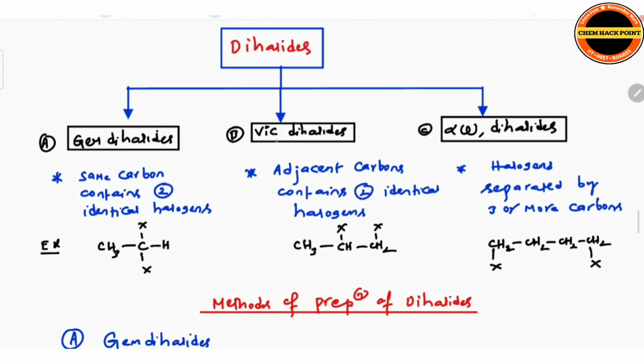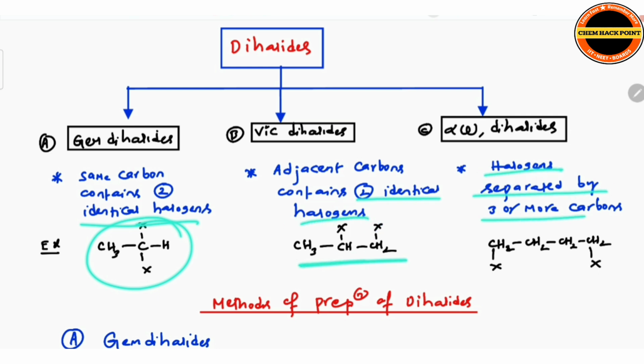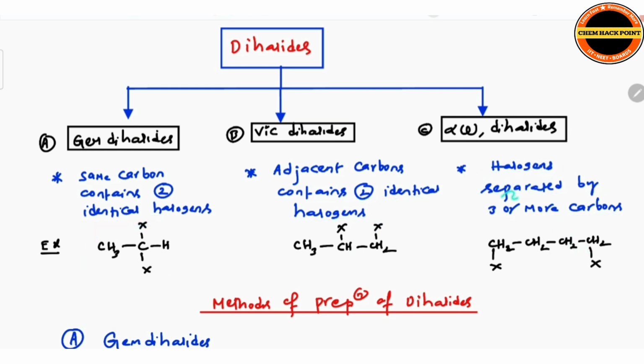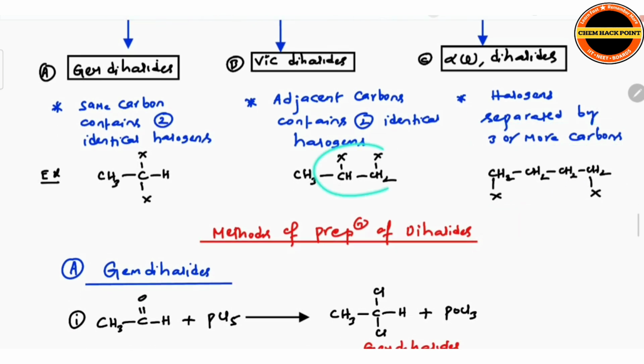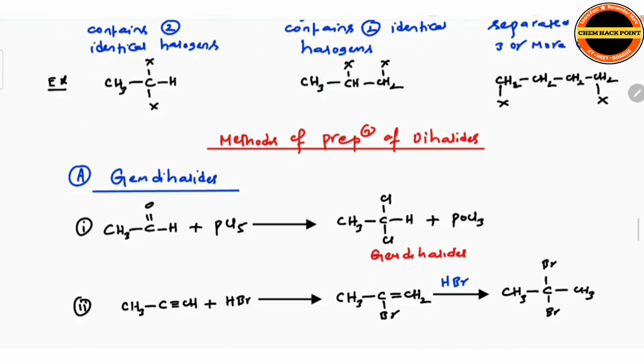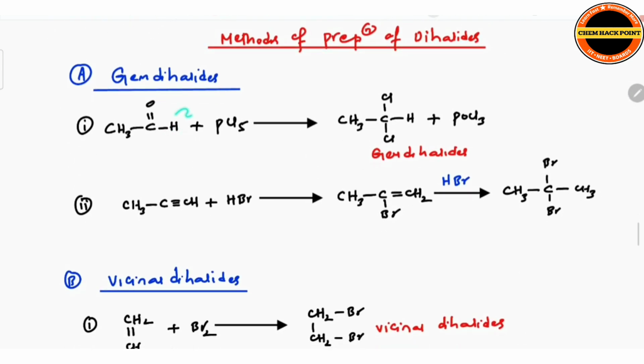Dihalides: gem dihalides, vicinal dihalides, alpha omega dihalides. Geminal: same carbon contains two identical halogens. Vicinal: halogens on adjacent carbons. Alpha omega dihalides: halogens separated by three or more carbons. Adjacent carbons, vicinal; same carbon, geminal. Methods of preparation of dihalides. Carbonyl compound with PCl5 gives gem dihalide; alkyne with HBr, first HBr added, and again one more HBr, gives geminal